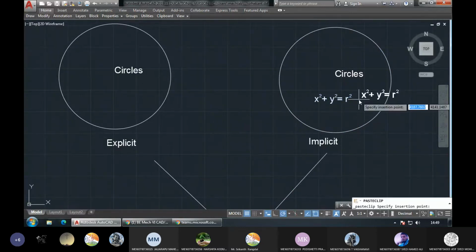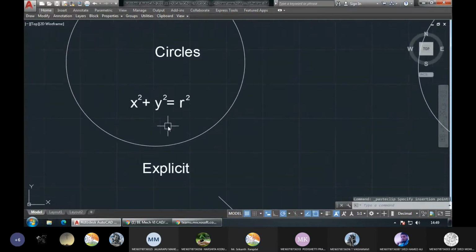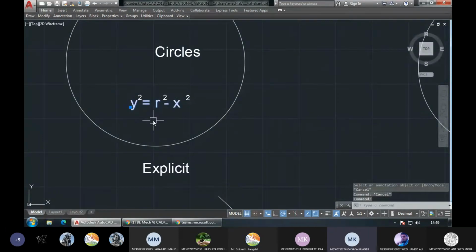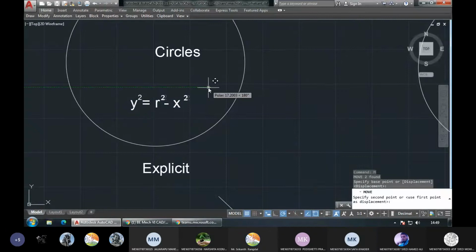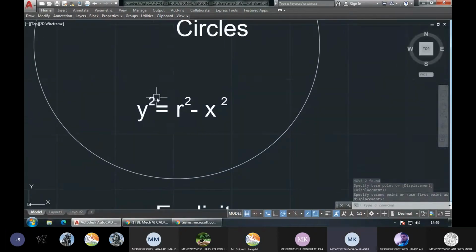Now the same equation, if we write in explicit form, how can we do it? How can we write the same equation in explicit form? Any idea? Safa? Is this correct now? Is this explicit form?